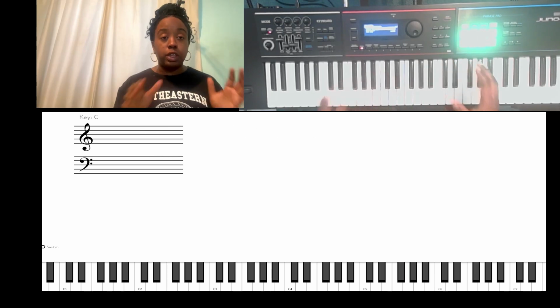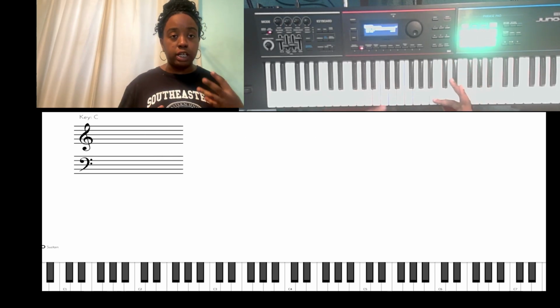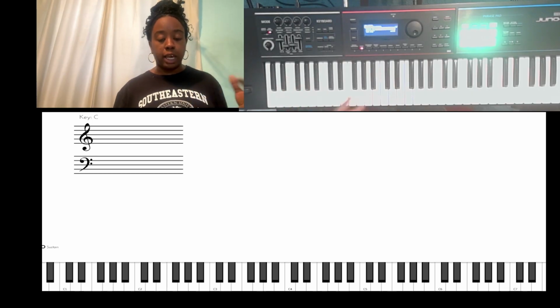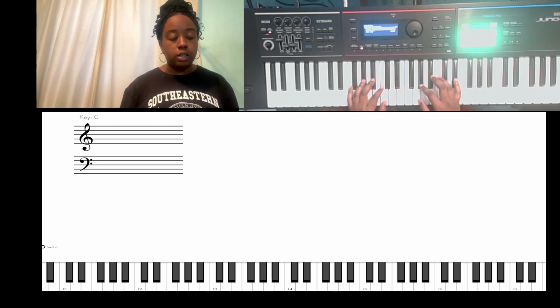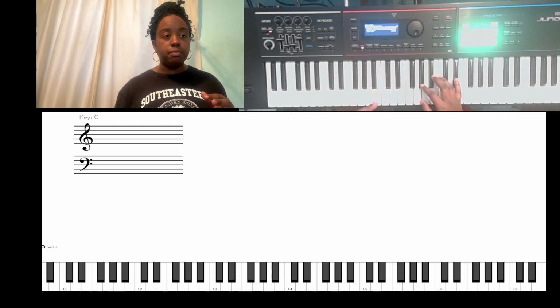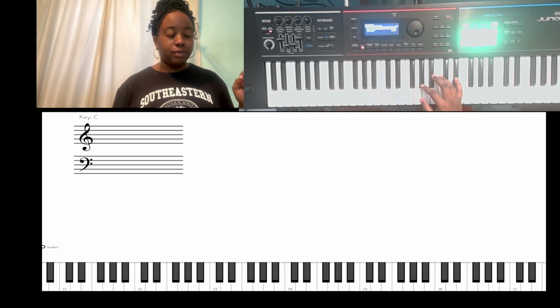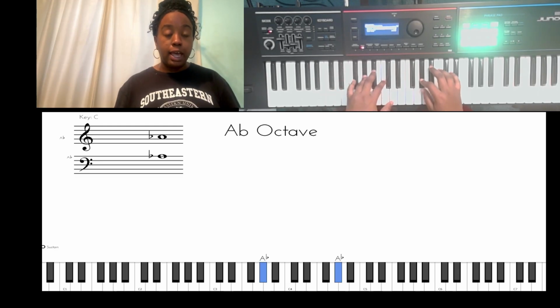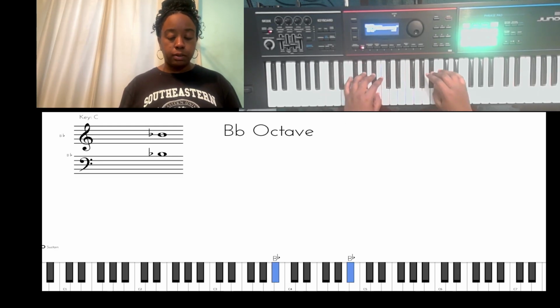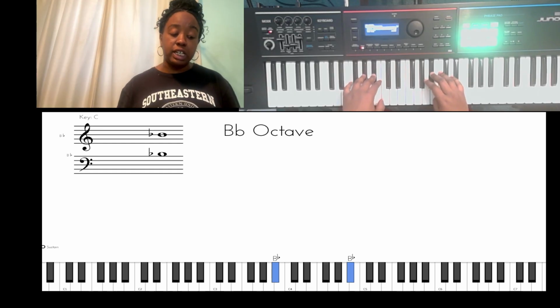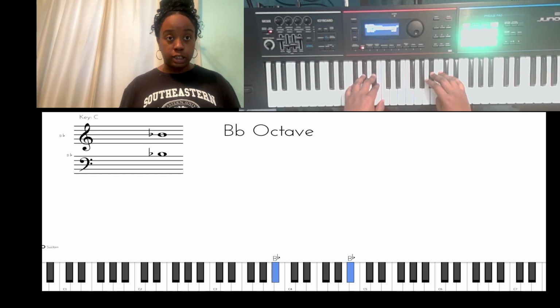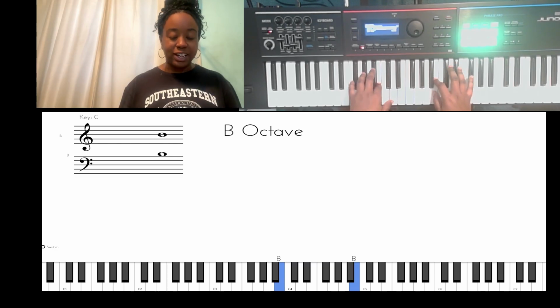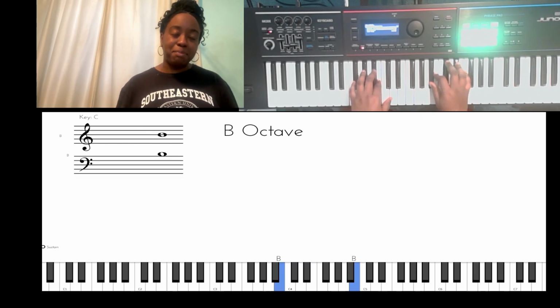Okay. All right. So there's that as far as the major scale and the major intervals are concerned. Now we're going to get into the minor scale, and then the minor intervals. Some of them are going to be the same as the others, and some of them are going to be different. So A flat is still going to be our 1, B flat is still 2, but instead of C, it's going to be B natural this time. Sorry, so B flat to B,